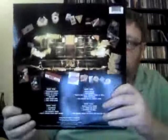Carrying on in the same vein, AC/DC Live, and this is a 180 gram vinyl reissue from Epic Records. It's a gatefold double vinyl. It's a cracking concert. I've got the CD of this,